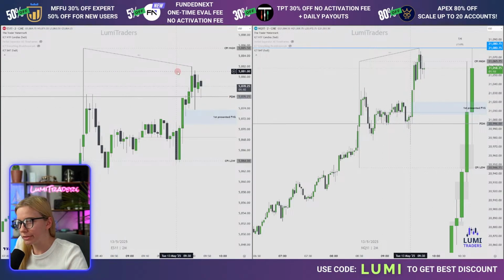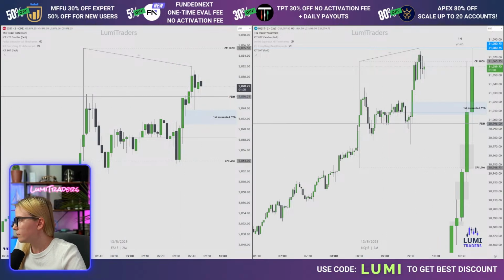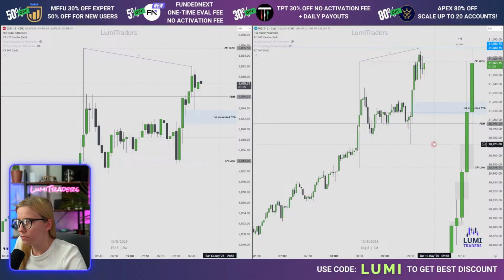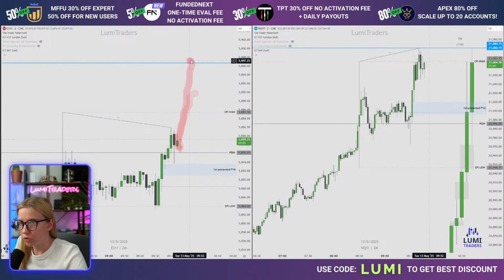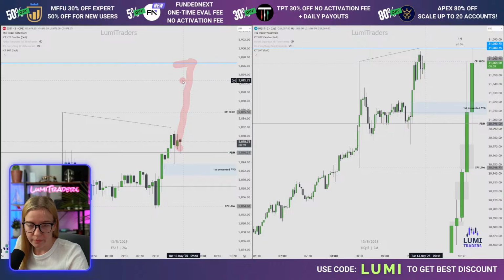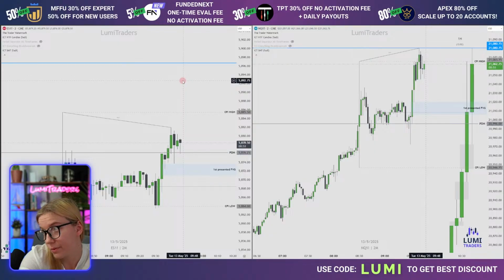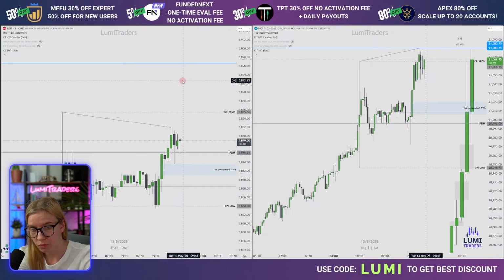Trying, but struggling at the same time. Needs to pump, honestly. I don't mind to see somewhere right here, but struggling, so I'm going to wait, and we'll try to wait for 10 a.m. at this point because struggling so far. Truly believe it needs to go higher, but consolidation.